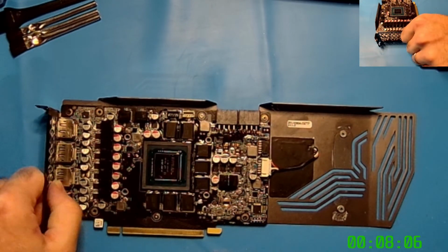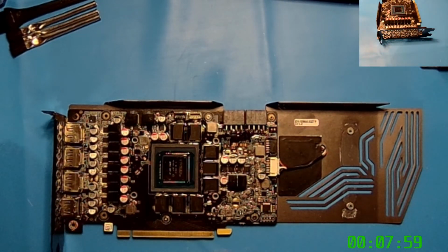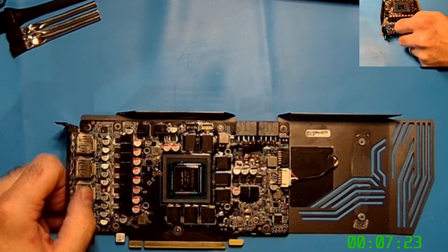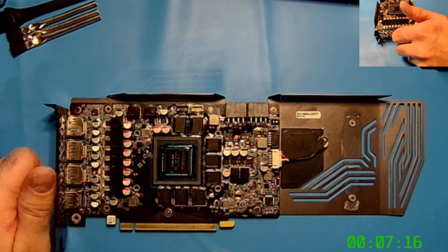Daniel M says, so which putty is next? That's a good question. I don't currently have any other putties on hand that I can test. I could retest stuff, but I want to leave that until after we've spent quite a bit of time already doing putties, and I will return to probably the top 5 to 7 or 8 putties. But I want to test out liquid metal and LMTG100 because there's been quite a few people eager to get those results. While we're doing that testing, I'll probably put a vote out and we can let you guys decide which 2 putties we want to boost or try boosting with diamond